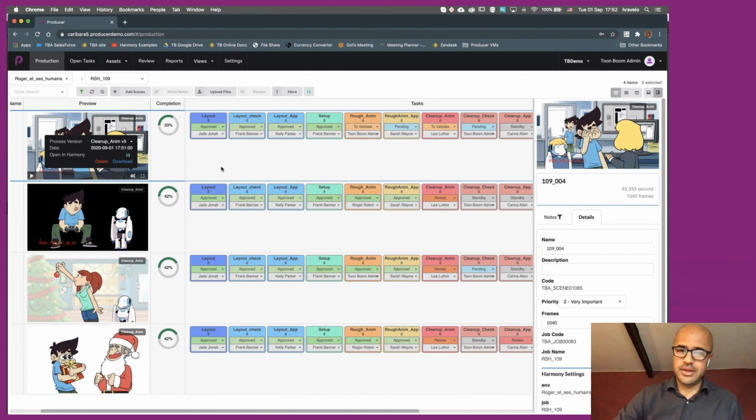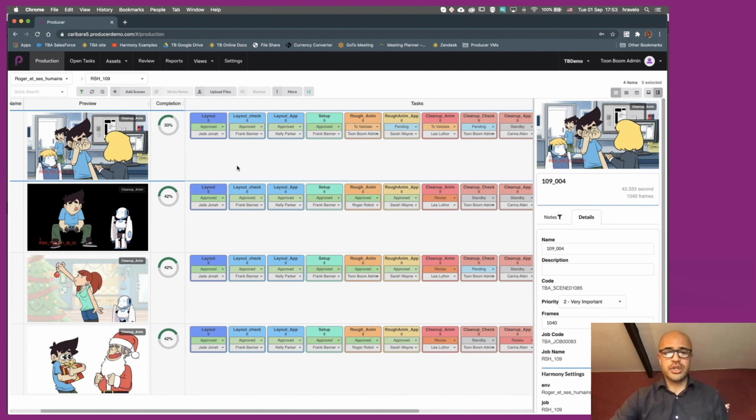And if you look at the list of the versions over here, you can see that this is the latest version and it was created just a minute ago. That's how easy it is to integrate between your Toon Boom Harmony production and Toon Boom Producer.